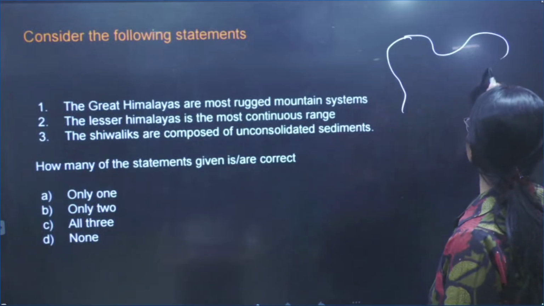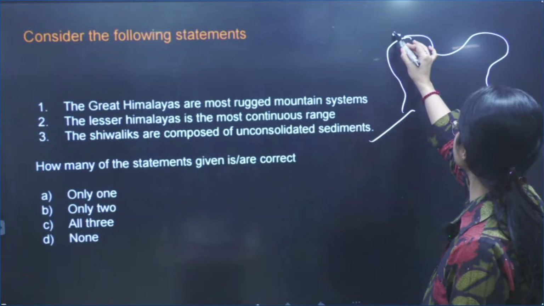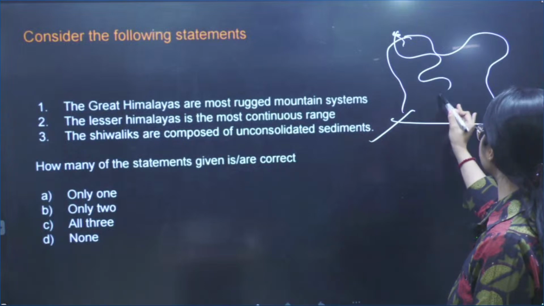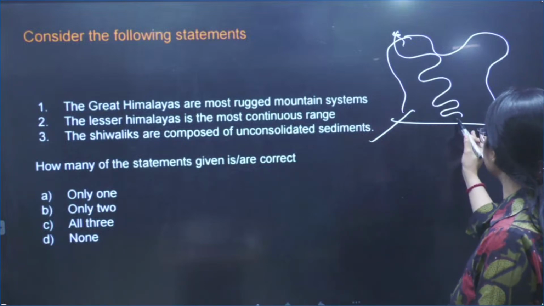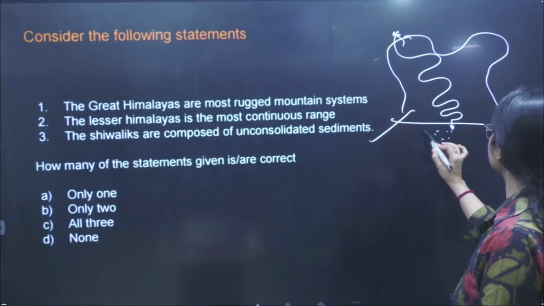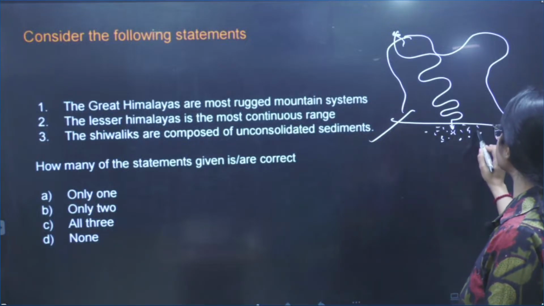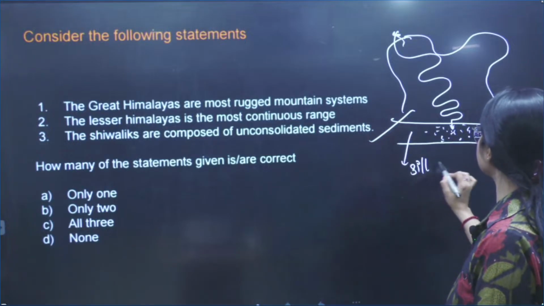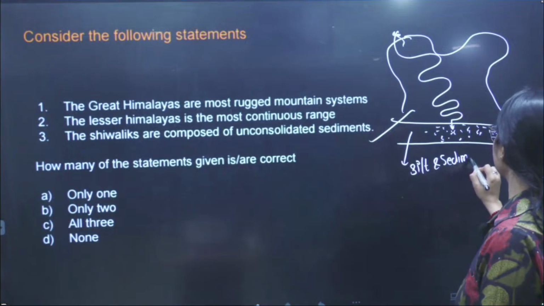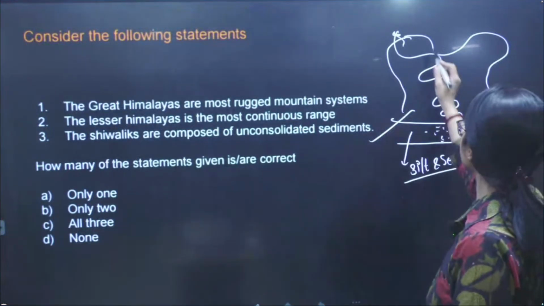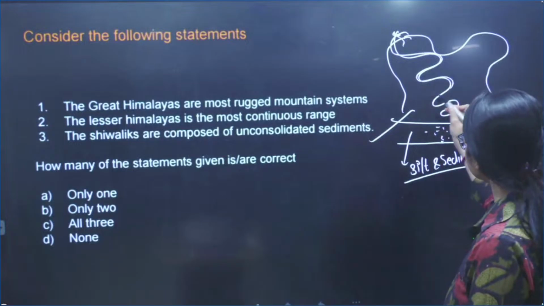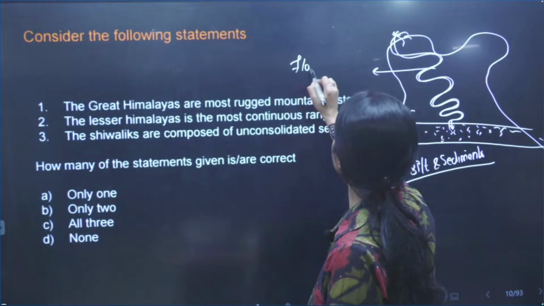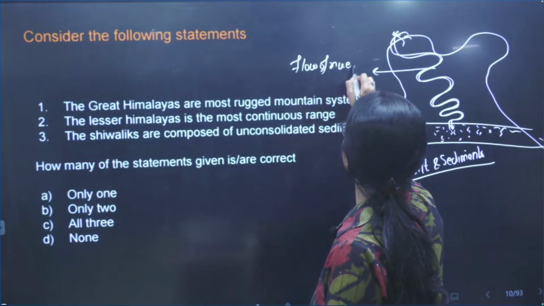This is your river, right? These are the rivers which are coming from this area. Now, these rivers are bringing lot of sediments along with them. And when they are bringing lot of sediments, they deposit all the silt and sediments at this part. And who is bringing all of that? The river. And why are the rivers able to bring that? Because the flow, the speed of the rivers is very, very high.